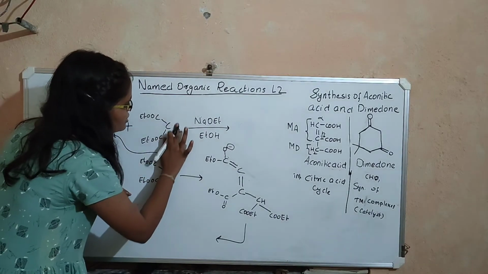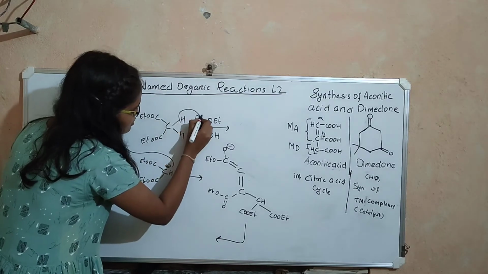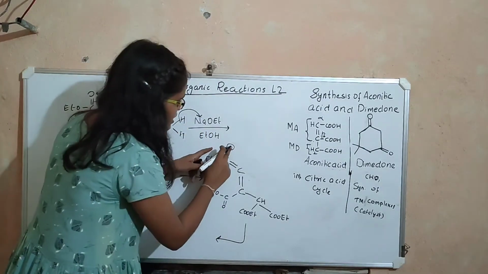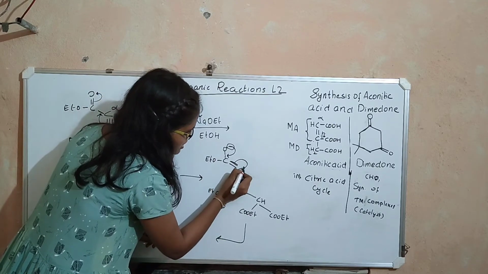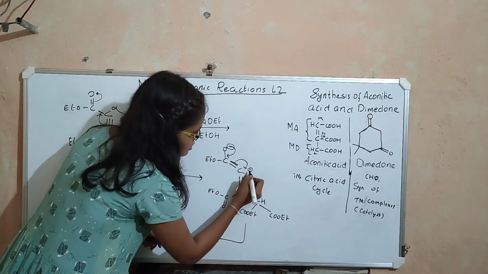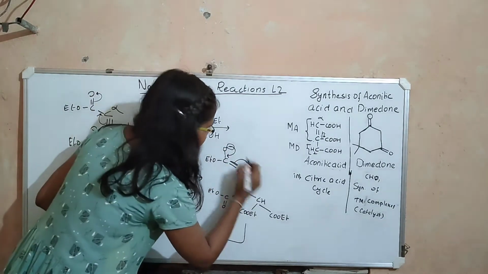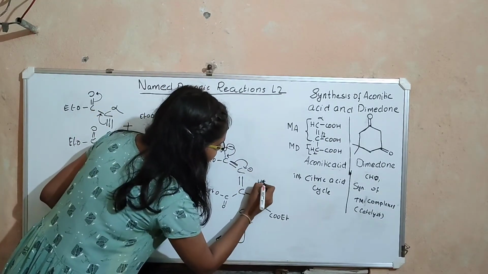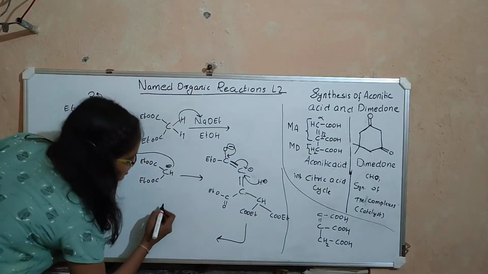We know that this proton is abstracted by this base, right? So when the negative charge on this oxygen shifts here, this bond will shift onto this carbon, and this carbon will get a negative charge. So this proton from the base will come and attack this carbon. Okay. So what you get is this product.